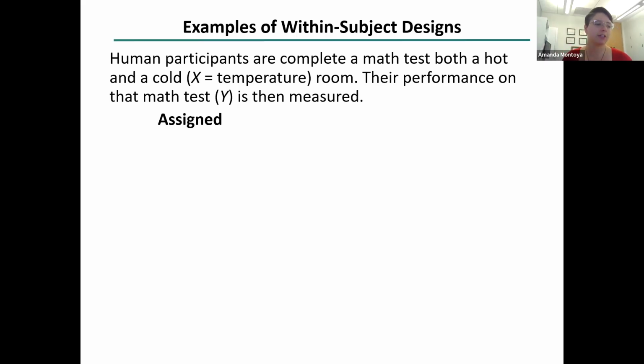In this class, actually, we're going to look at order as a moderator to see if the effect of temperature, for example, that's not the actual data that we have, but to see if the effect of temperature on performance differs between those who take the hot test first versus the cold test first. So in other types of analyses, you might include order as a control variable. In this course, we're going to look at it as a potential moderator of our treatment effect to see whether the effect of temperature on performance varies across different levels of order.